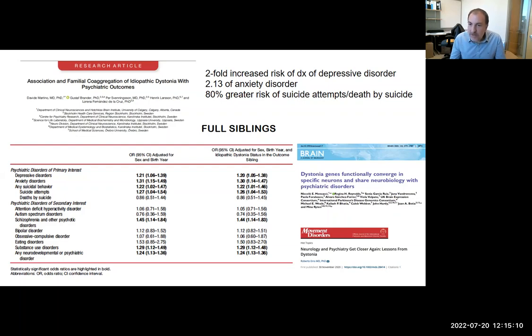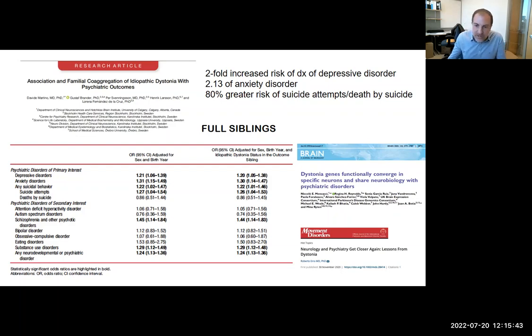And we confirmed it, even using this more robust methodology that allows us to evaluate this association in a population of millions of individuals. We could identify a twofold increased risk of diagnosis of depressive disorder in people with dystonia, and a 2.13-fold increased risk of anxiety disorder, but also an 80% greater risk of suicide attempts or death by suicide compared to the